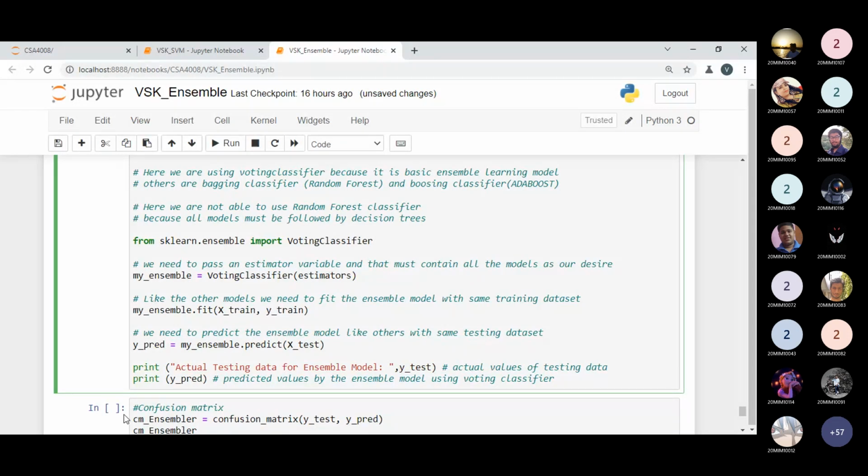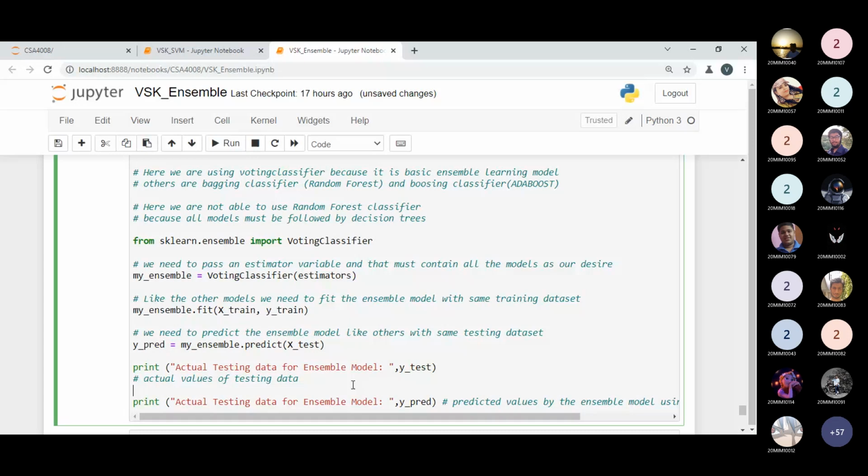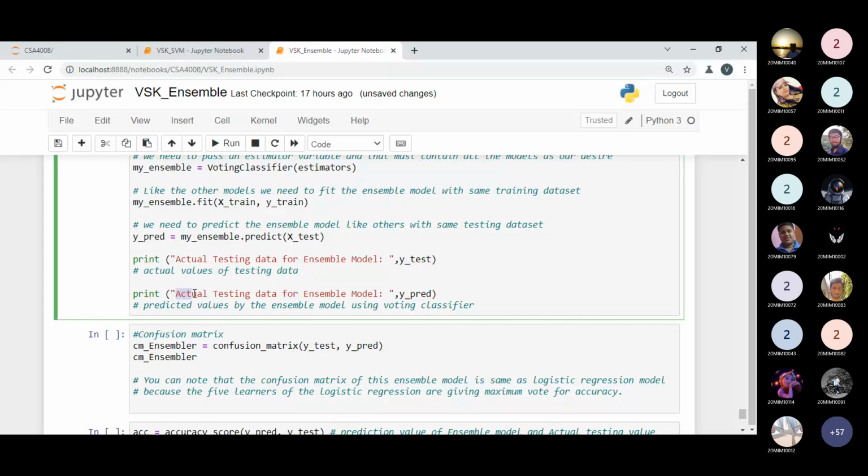So I can copy this information over here. This will be the predicted data. So let me execute this code.